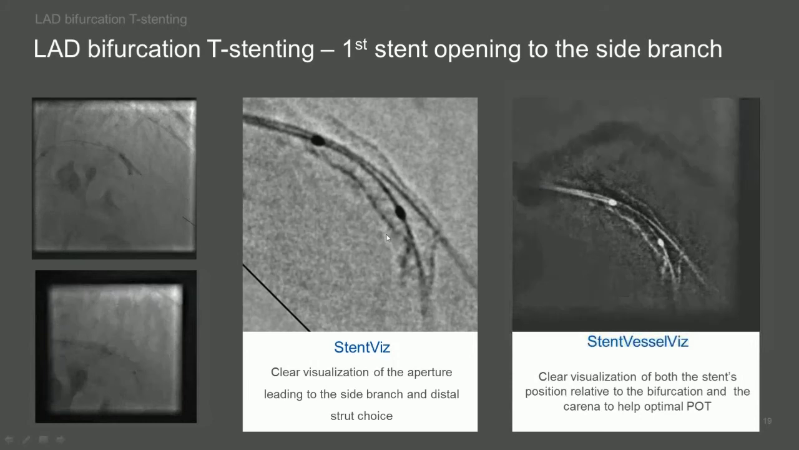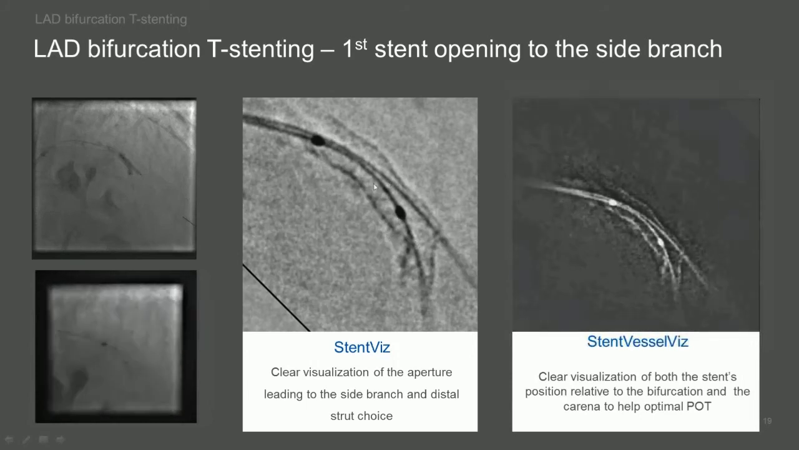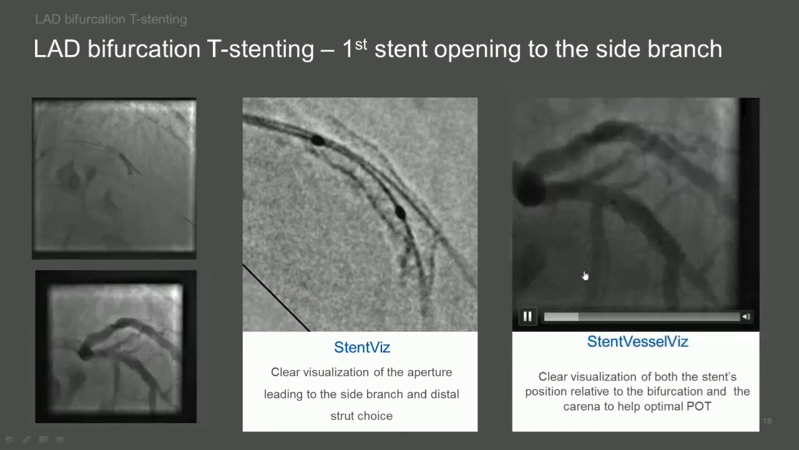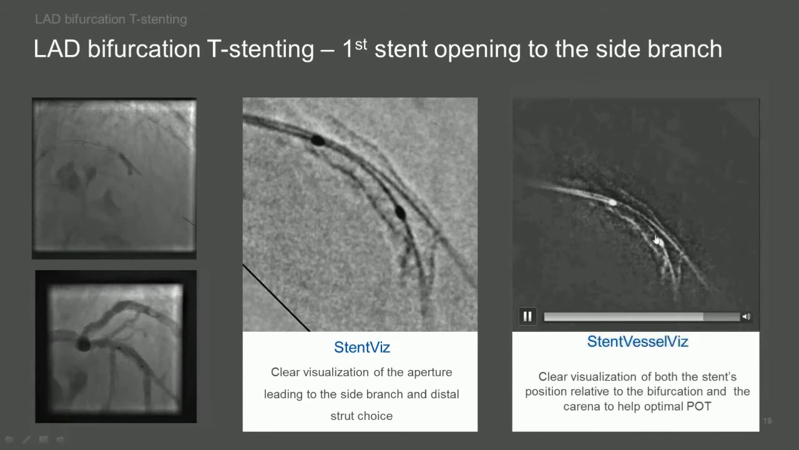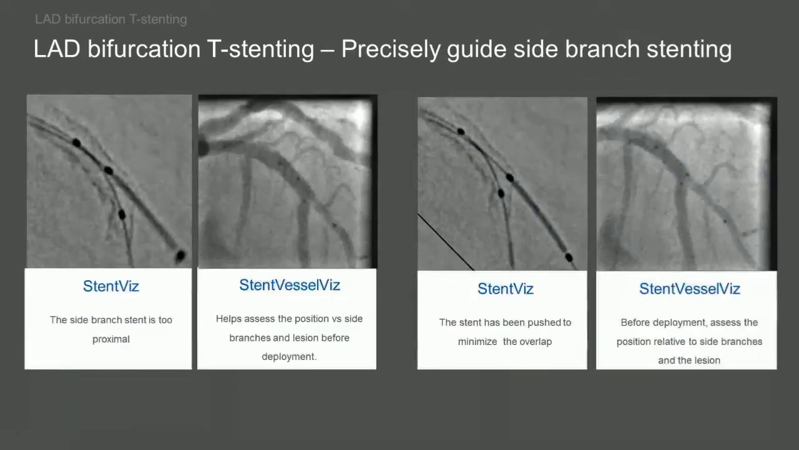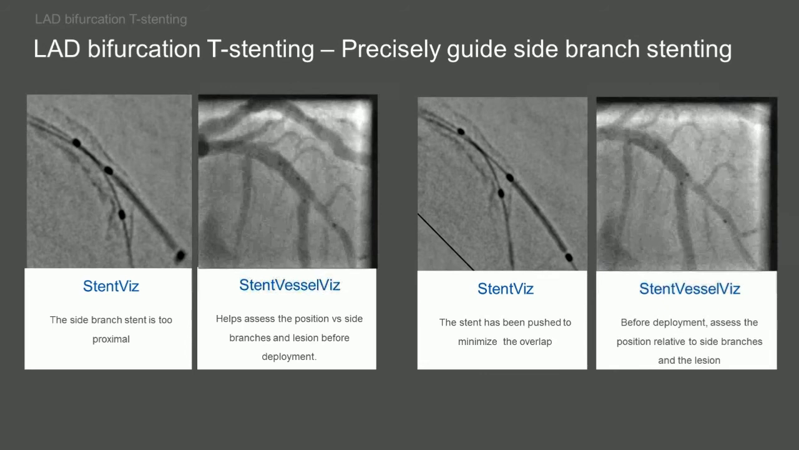So here with the stent vis, it is clear that the stent is well open at this part. Maybe here not completely open. So to check the ostium here, the stent vessel vis is very useful. So we rewired the side branch, and we positioned the second stent on the side branch with very precise positioning